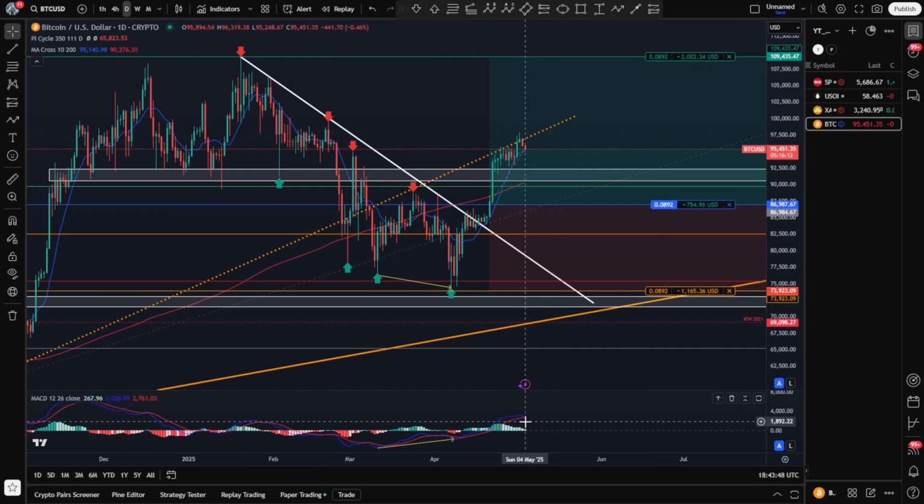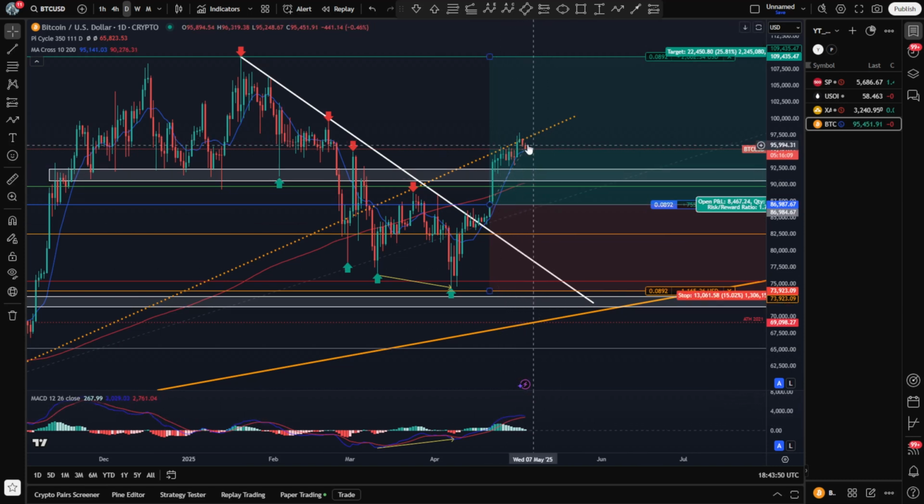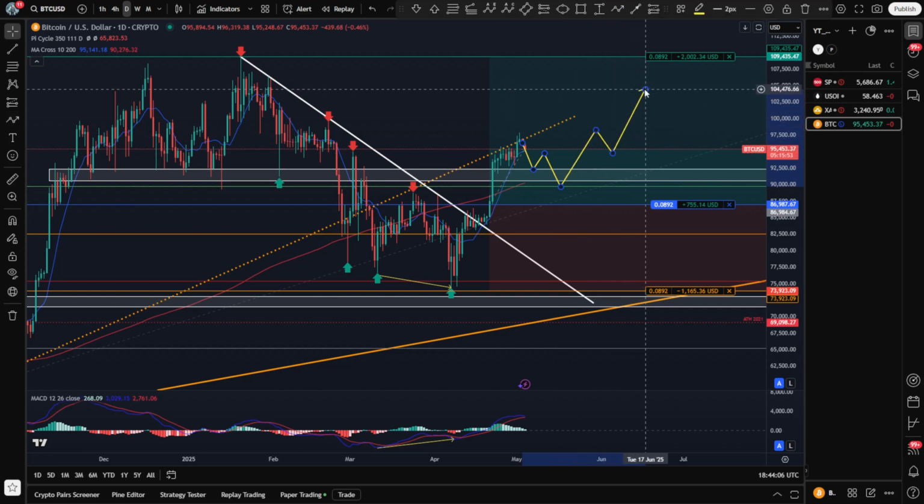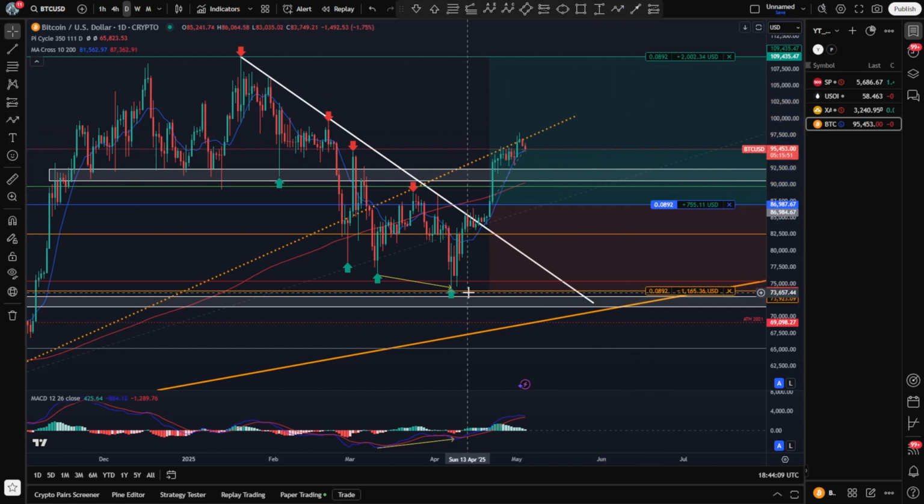But the MACD indicator on the daily wants to cross to the downside, and I think this move is a little bit extended and that we have to get a nice pullback, maybe again to this daily support zone in combination with the 200 moving average before then continuing higher from there. At least that's the most likely scenario in my view.